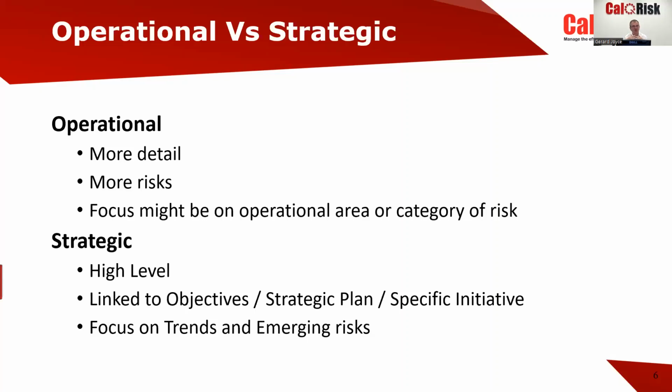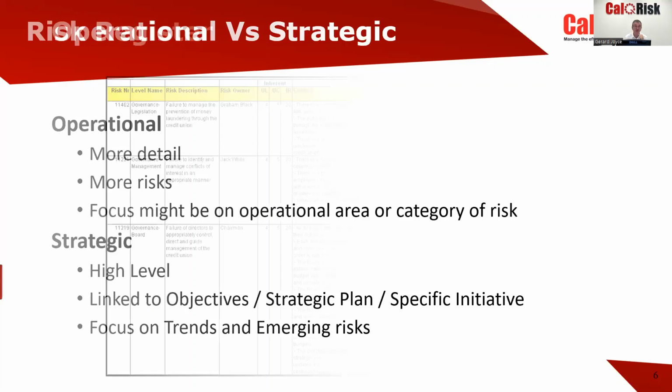Whereas at the board level, I would see that at the strategic level, high level, linked to objectives. The board has the set of objectives in its mind. It should be hearing whether there are risks that are growing, that are threatening the objectives, and maybe we need to change something. Maybe we need to change the risk appetite. Maybe we need to change the objectives. Maybe we need to find additional resources. But it's summarised information. Now, you still need to do the detail, and we'll talk about that in a moment, but the board wants the summary, if you wish. And we'll get to that.